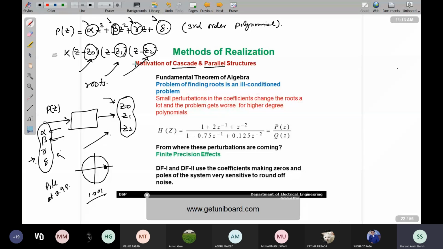ऑफ कोर्स when we are given some requirements, तो हम उनकी पोल्स एंड जीरोस की लोकेशन के हिसाब से ही फिल्टर बनाते हैं और हम अपना कोएफिशिएंट्स जो है वो फाइंड आउट करते हैं। नाउ प्रॉब्लम क्या है? प्रॉब्लम ये है कि अगर तो मैं अपना कोएफिशिएंट्स डायरेक्ट फॉर्म 1 और डायरेक्ट फॉर्म 2 के थ्रू इंप्लीमेंट कर रहा हूं, where I am directly implementing these